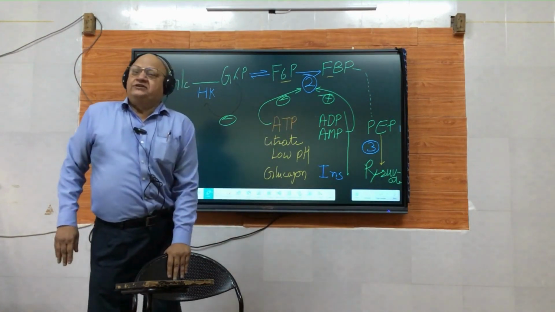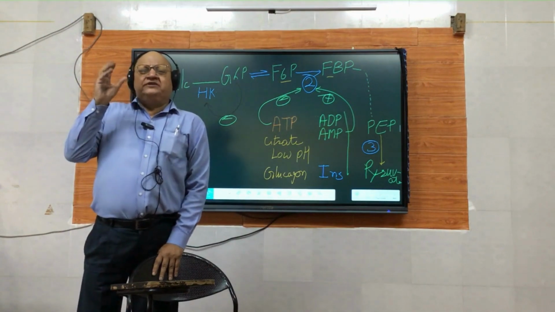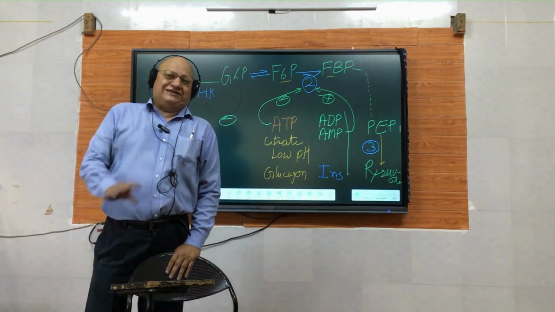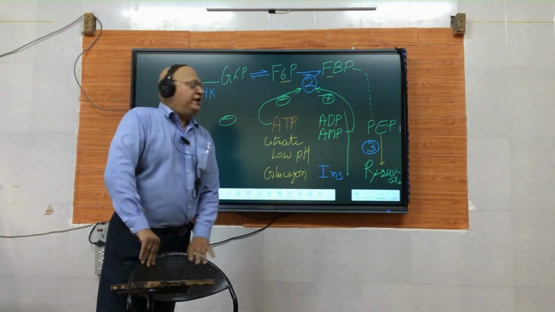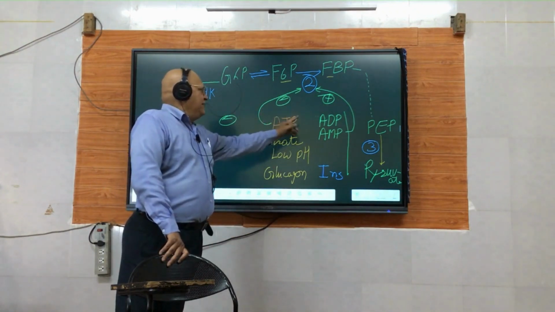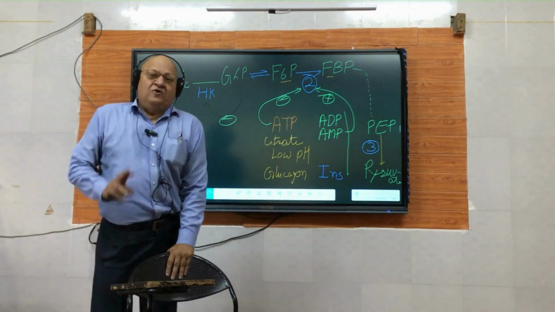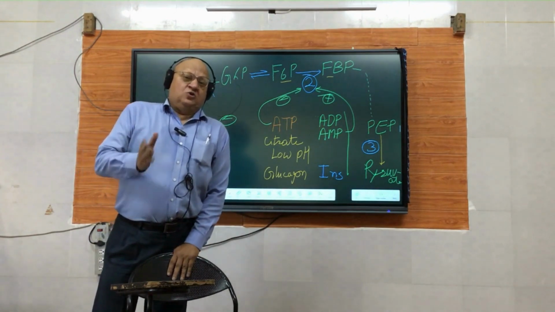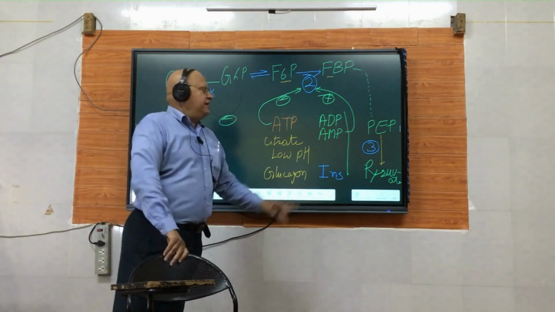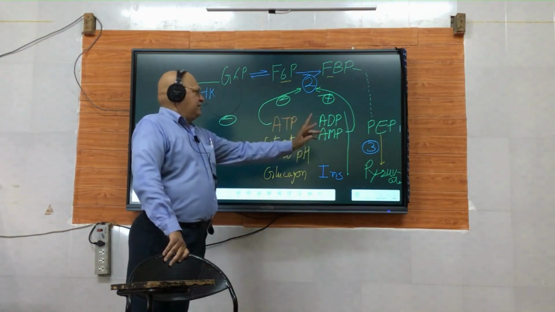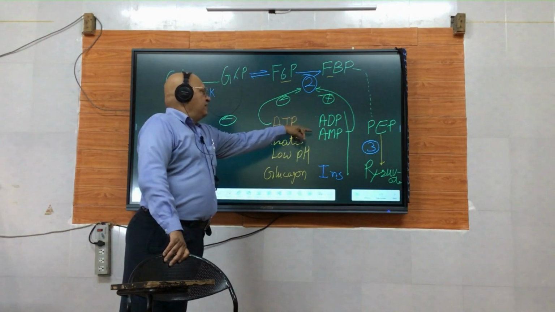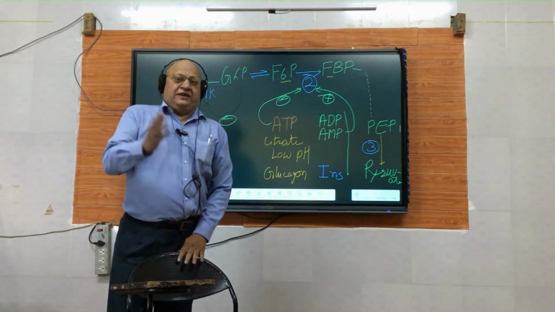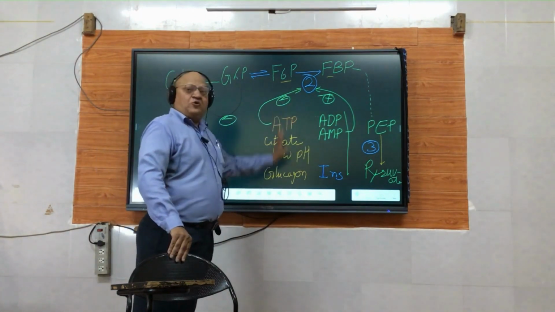To understand the influence of ADP and AMP, visualize a state where the muscle is contracting very fast, severe muscular exercise. Here ATP is rapidly being converted to ADP and AMP. What about the energy need of the contracting muscle? More energy is needed, so more ATP is needed. So glycolysis must be stimulated. Therefore, in the contracting muscle, where intracellular ADP and AMP levels are rising, they will stimulate phosphofructokinase